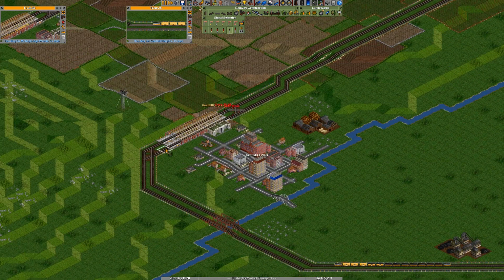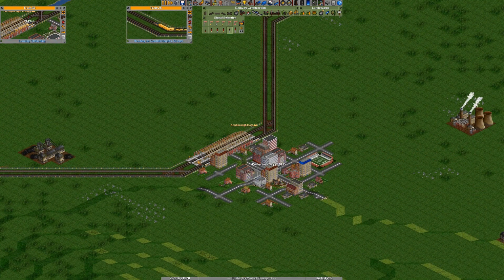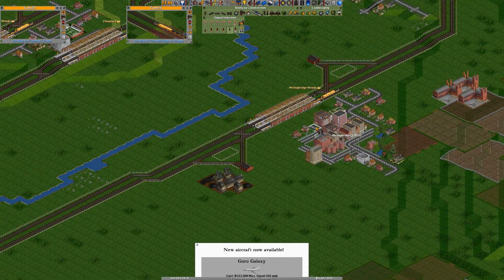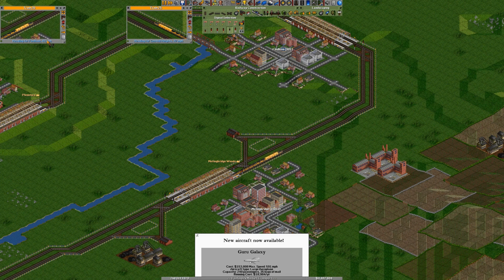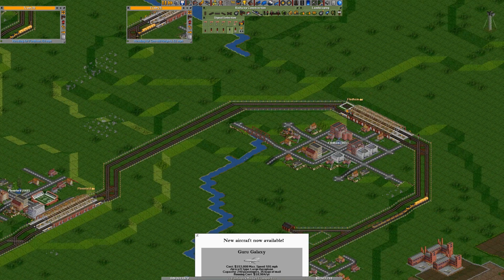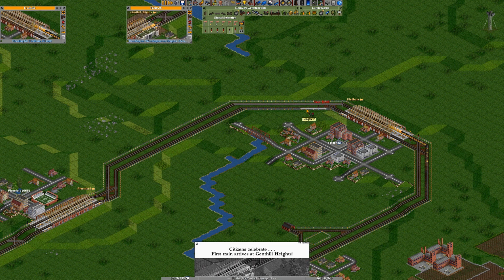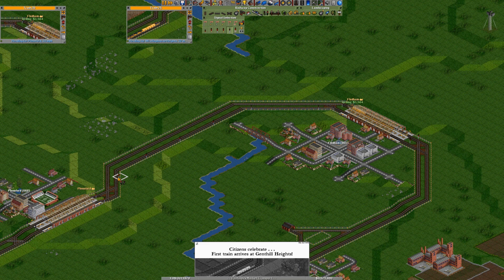Signaling out some trains. There we go. Yeah, much better. So once that makes the loop, I'll send it to depot and add another engine to it. So there. Control. We'll drop this down to 4. I don't know if it actually needs it, but